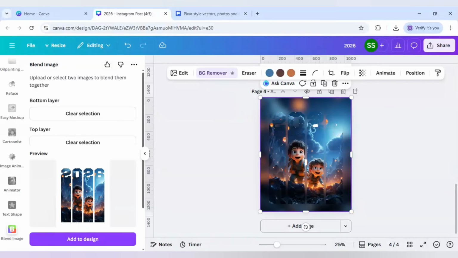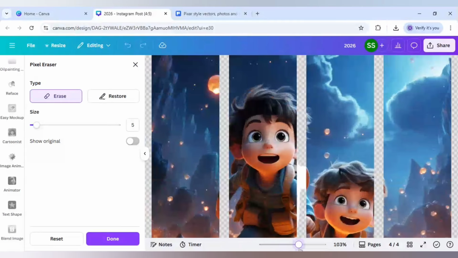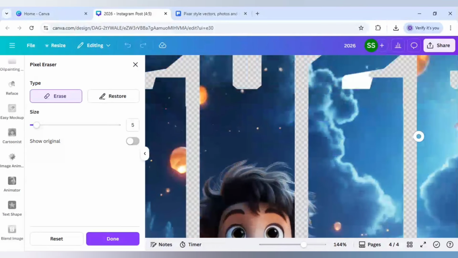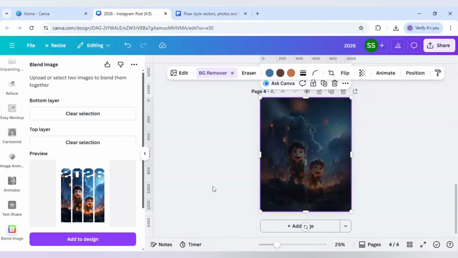So for that I will click on BG remover twice, so it will activate the erase and restore panel. I will reduce the brush size to 5 and zoom the picture and work here. Okay, now click on done here,